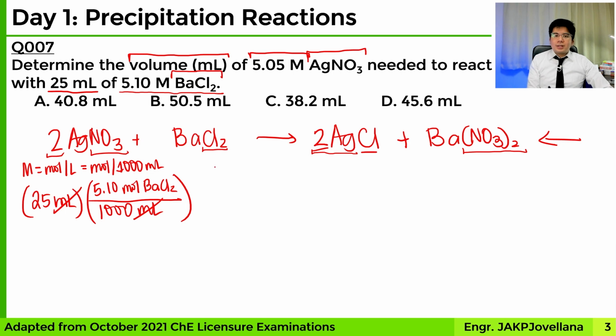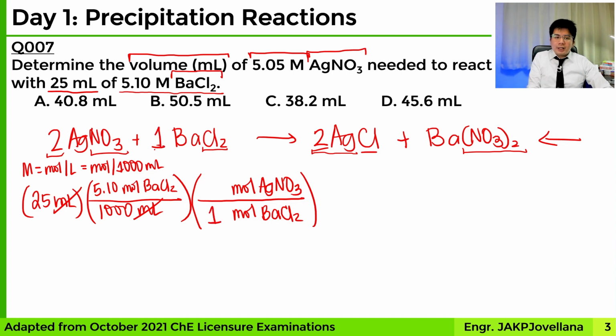Next, we need to use the stoichiometric coefficients of the balanced chemical reaction. So our current unit is mole of barium chloride, and we need to cancel that. So we put the unit mole of barium chloride at the denominator. And then what we want is the amount of silver nitrate. So we put on the numerator moles of silver nitrate. So from the chemical reaction, their stoichiometric coefficients are 1, which is for barium chloride here, and then 2, which is for silver nitrate. And then lastly, we can cancel moles of barium chloride, and now we have moles of